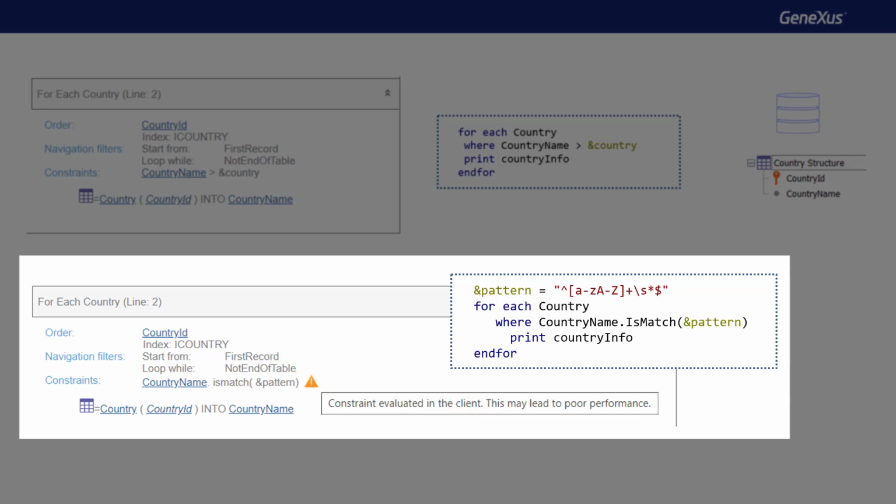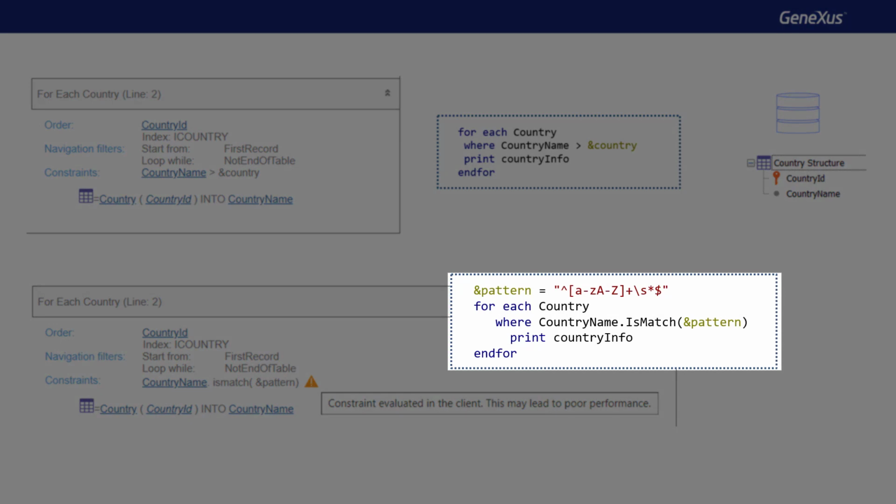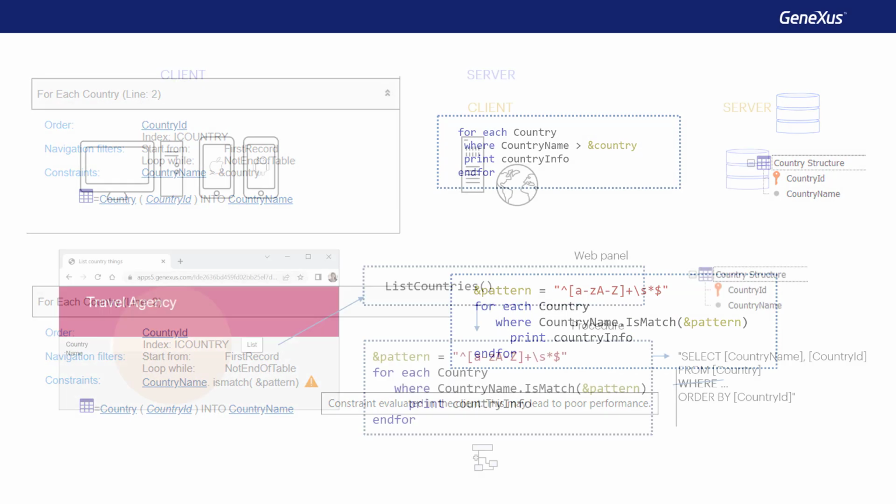Consider an extreme case where there's only one country that satisfies the filter, but there are millions of records in the country table. Those millions would travel from the DBMS to the procedure, and also the procedure would have to run through them all, one by one, to finally keep the record to display in the output. In that case, we might want to improve things by looking for some strategy to reduce that impact.